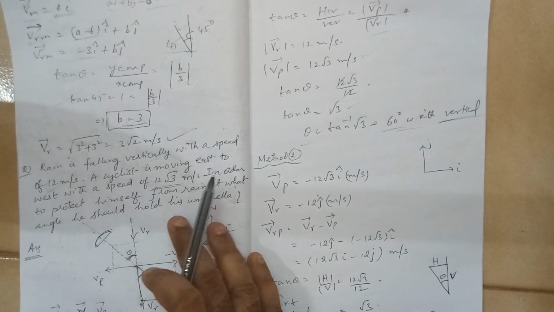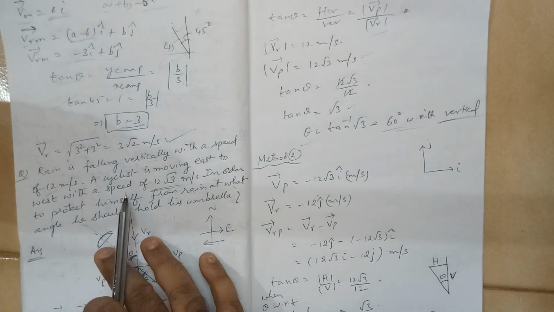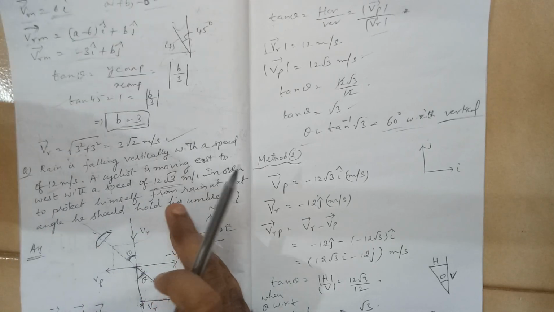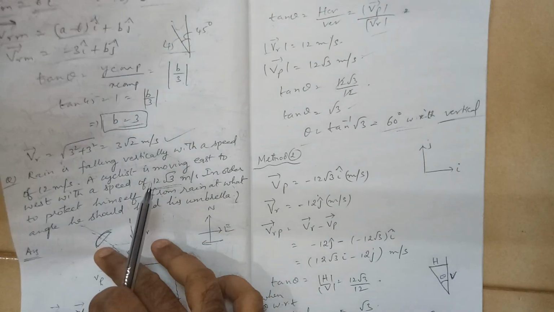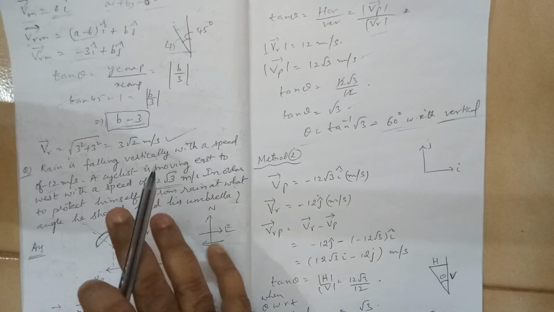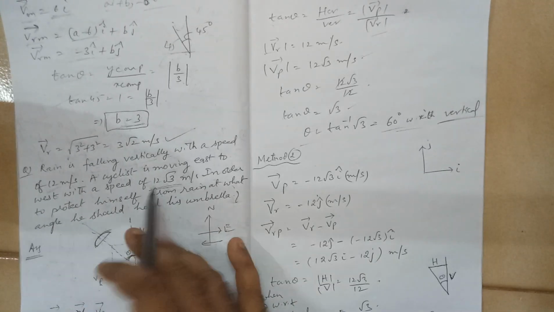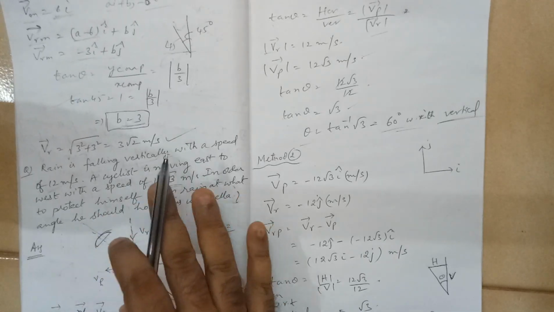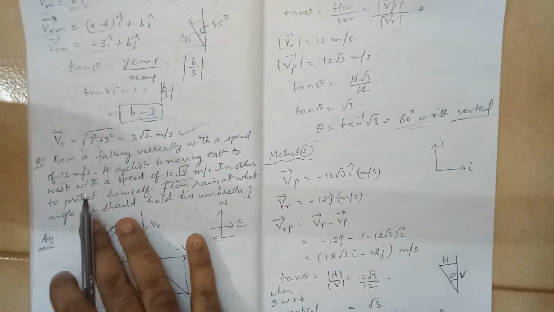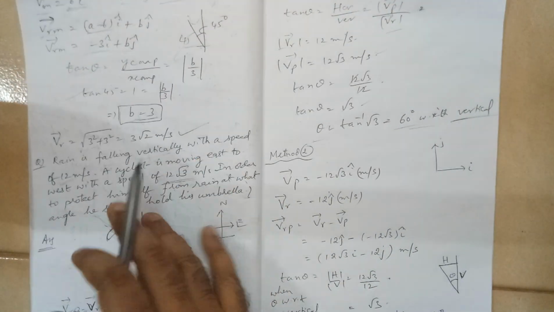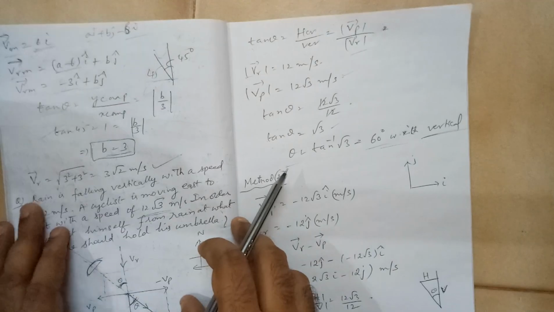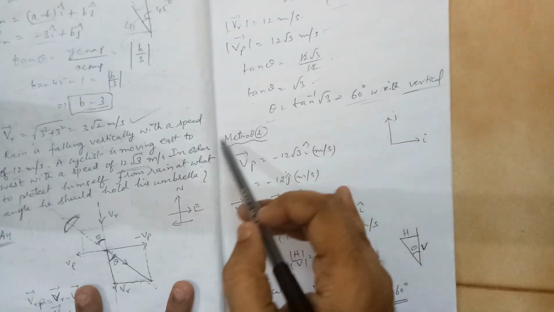If the speed increases, if the speed of what increases? Let us say the rain speed is constant, but the man's speed is increasing. Still can we say that it will be 60 degrees only? It can vary, it will change. So here if the wind speed changes, then the overall VR also changes. So the calculations will change. Depending upon the condition in the question, he has not talked about any velocity of the wind. If the velocity of wind is not talked about, we are considering that it is still air, although practically it doesn't happen like that. Okay, this is one approach.